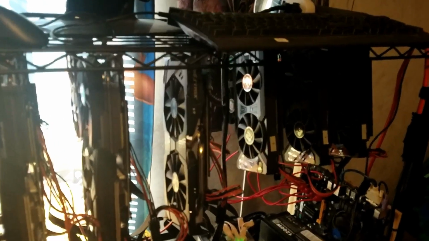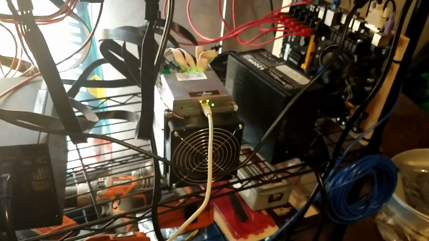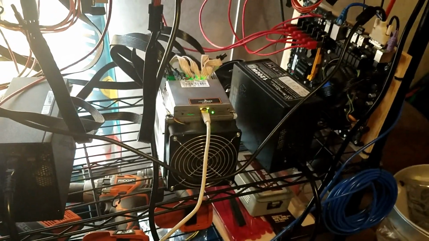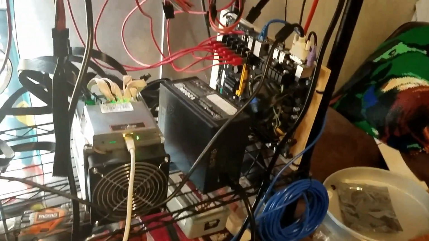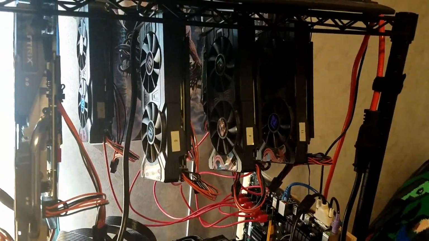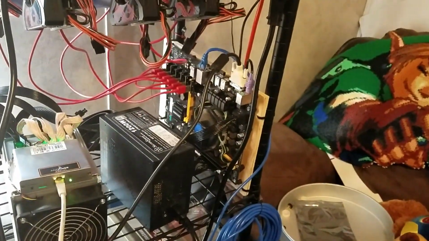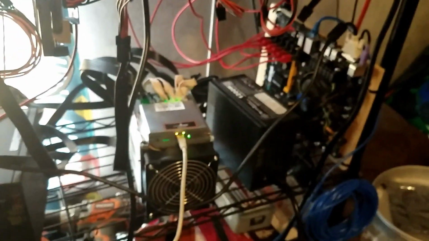So I ended up picking up this, an Antminer Z9 Mini. I got it running off the same power supply that was running all these cards up here. I got it plugged right into the same computer, the same board. I just unhooked the power from the video cards. It takes 2 power cards,